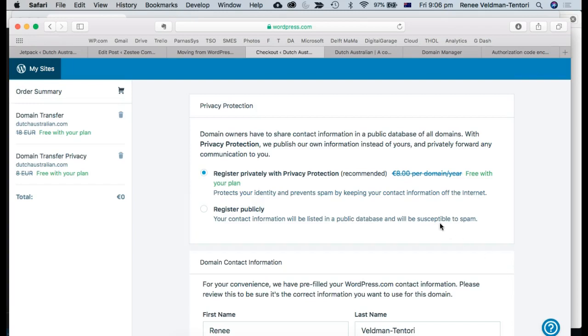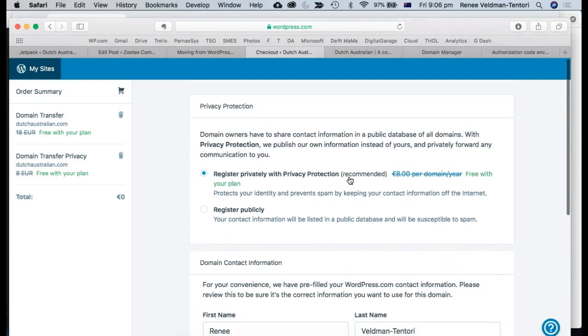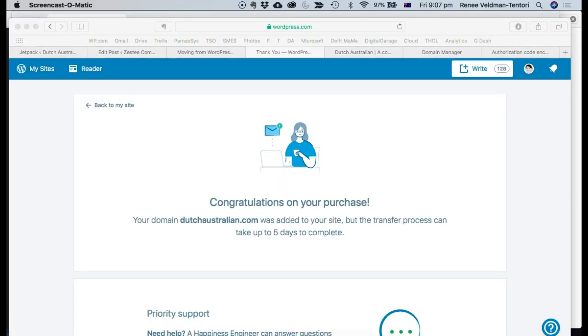Now, this is the step that I mentioned before. Sorry, 1 minute. So register. Okay, I want the privacy connection. I just realized that's all my details there. I'm going to pause this again. Okay, so now that I have transferred everything across,